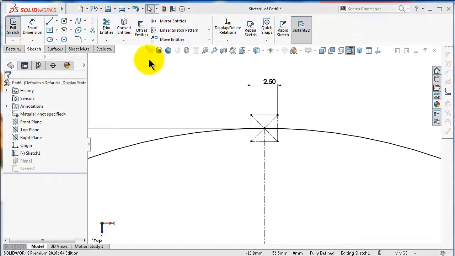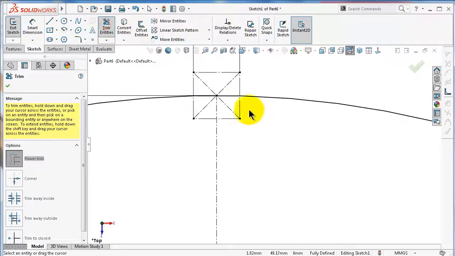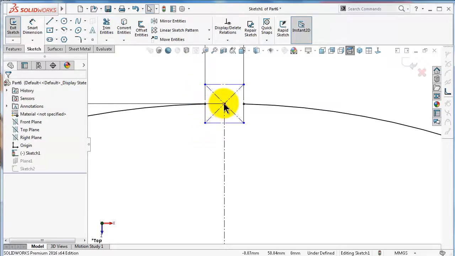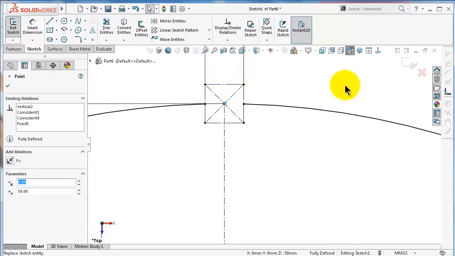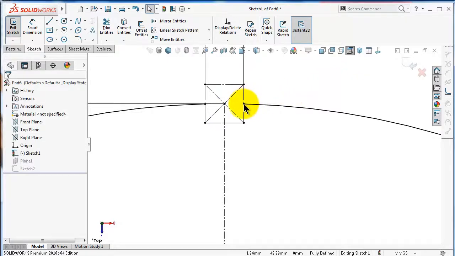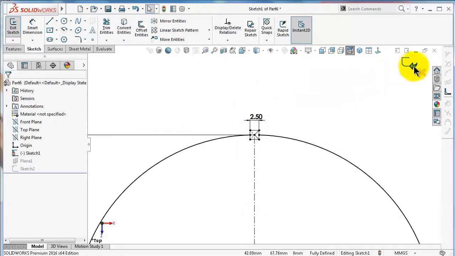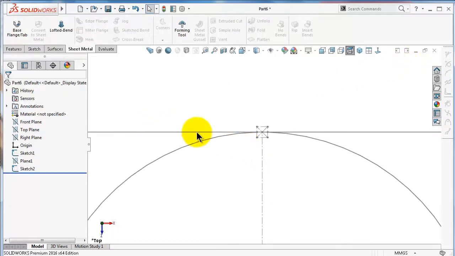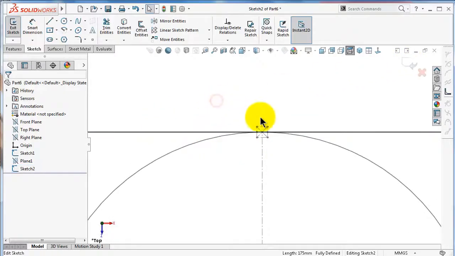And then trim the circle over there. Fix the point over there. Now it's fully defined. Exit,